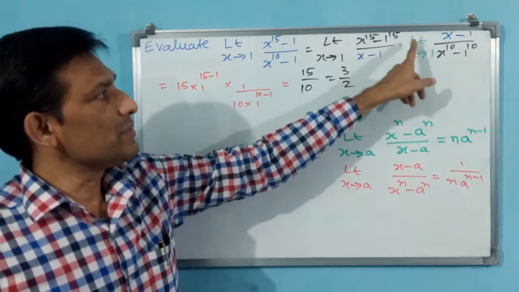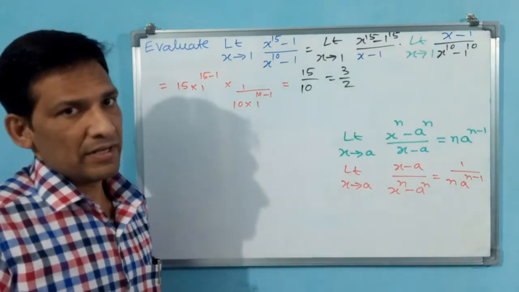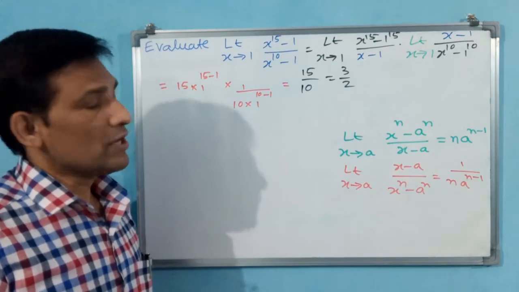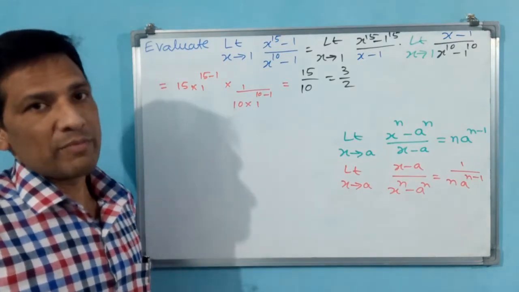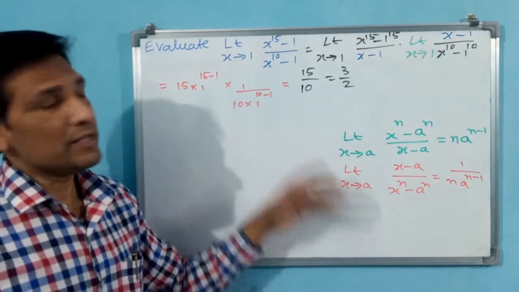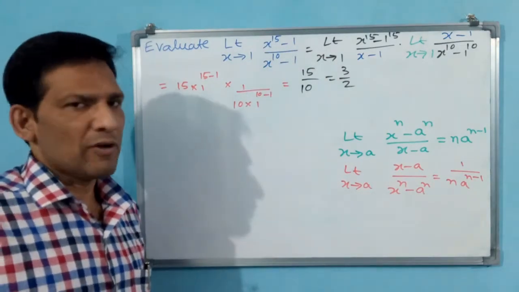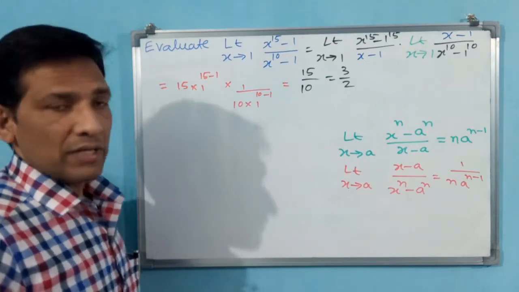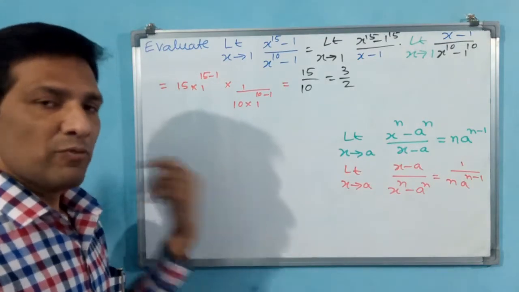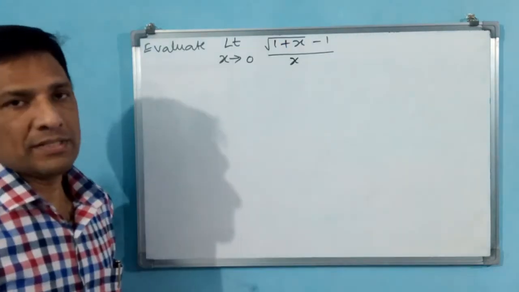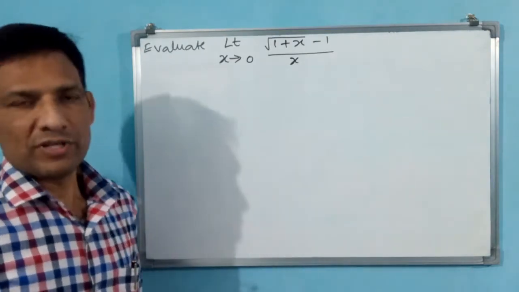Directly also, even this limit also you need not write. Directly also you can write. That also you can do. But see, these ideas you have to get by seeing this. If you know this formula, then immediately you can get this idea. Here when 1 is there, 1 power something is 1 only. Okay, let us go next to another example, then we go for trigonometric limits. See this. Next question, next example.